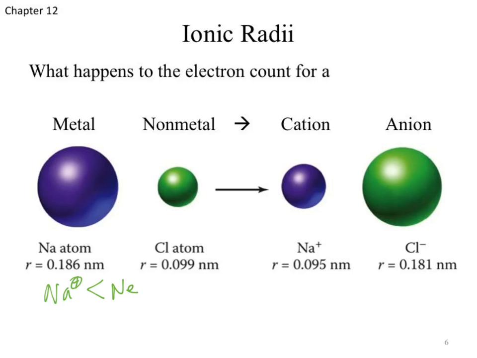Let's pick something like potassium, one row underneath. Potassium ion. What's it going to be isoelectronic with? Argon. So we'll compare it to argon. Should it be bigger or smaller than argon? Okay, a little bit smaller than it. Which element is bigger, neon or argon? Argon is bigger. Within a column, it still gets bigger as we go through our ions for our metals, because we're putting more electrons in.